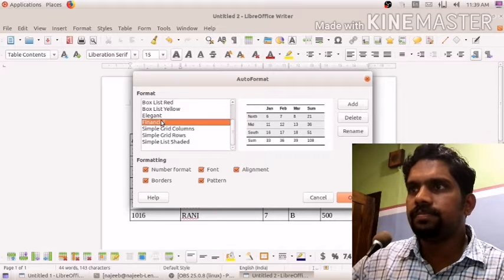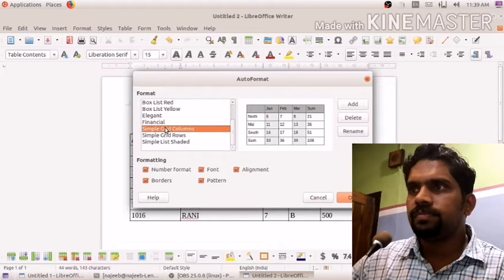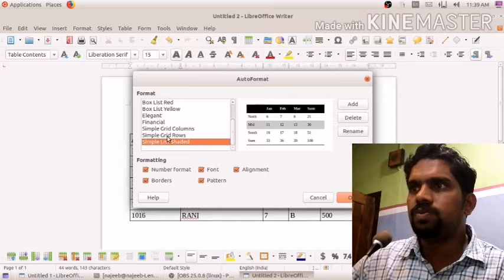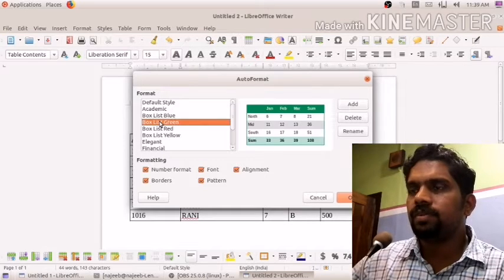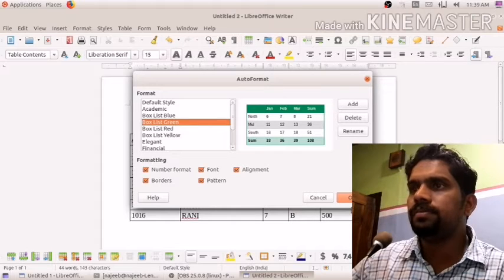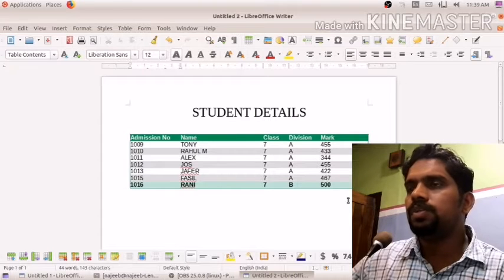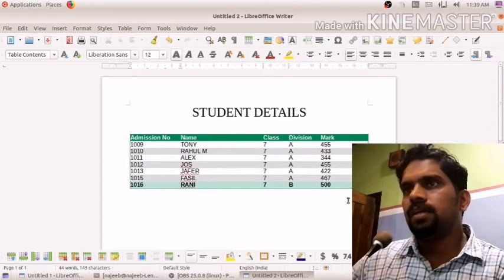Many styles are there. If we need any style, we can select it. I just select this one, then click on the OK button. You see, it will be displayed like this.